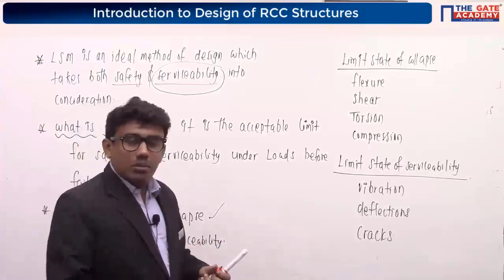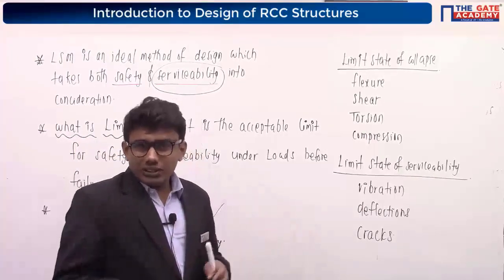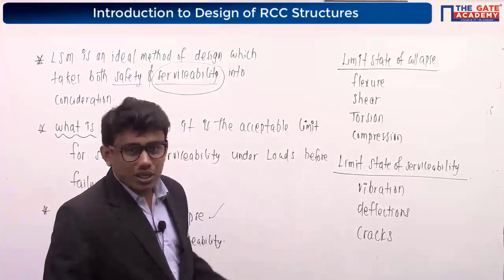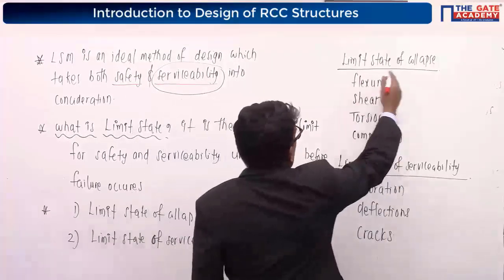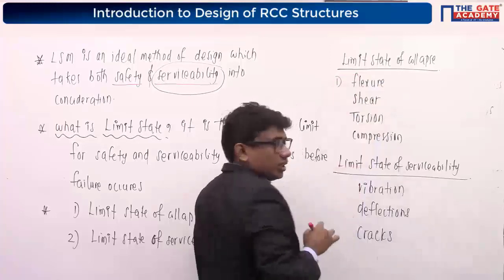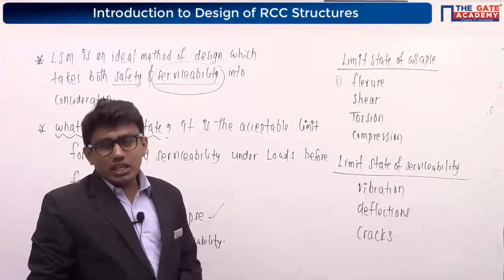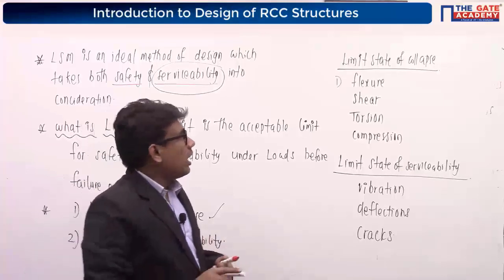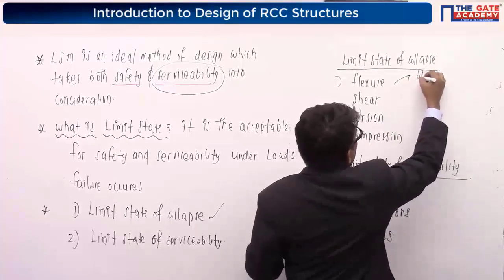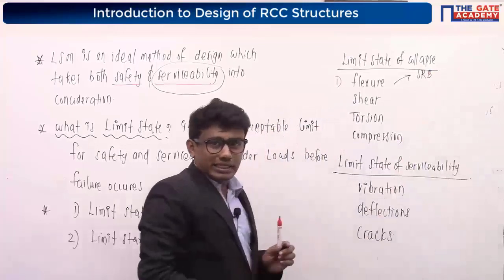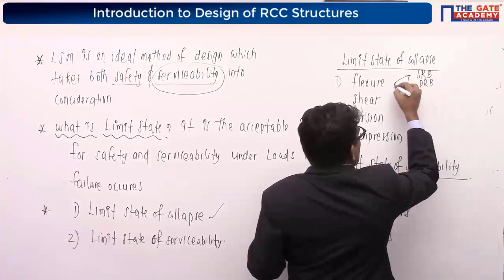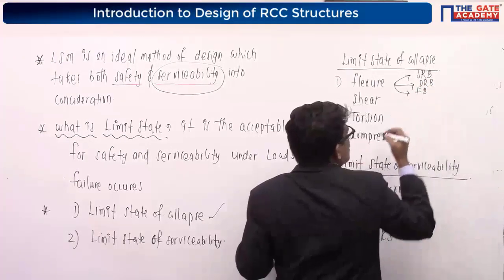So some of you were asking me about the overall view of the syllabus. If you understand this, this is actually the overall idea of the syllabus. We will start with limit state method of collapse. Chapter number 1 will be flexure. We will learn how to design for shear. Under this, we will be discussing singly reinforced beams, which I am going to denote as SRB. And we will learn how to design doubly reinforced beams, and flanged beams.